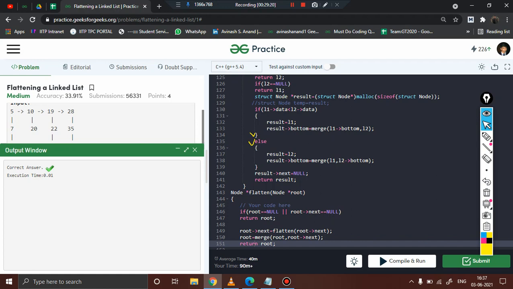So that was the concept of flattening a linked list, very important, and I think 30 minutes is worth investing for this particular problem to understand, so that you can come out in flying colors in your interviews. Considering the space complexity, obviously we are doing recursion, it will take space, auxiliary space will definitely be required. Time complexity, because we are traversing the entire nodes, is obviously order of the total number of nodes, m into n in the worst case, right?